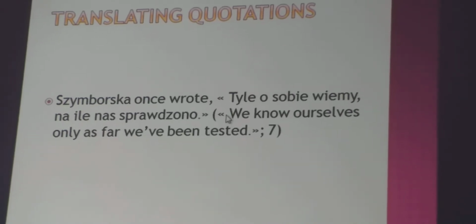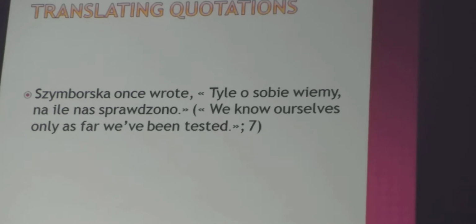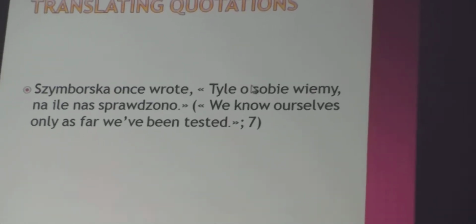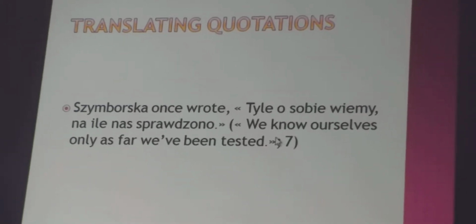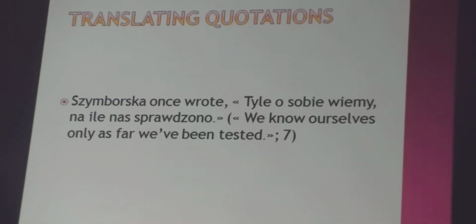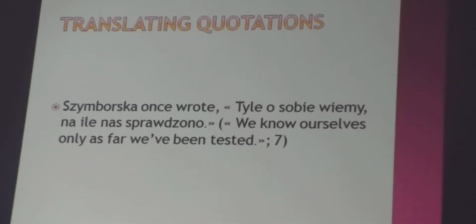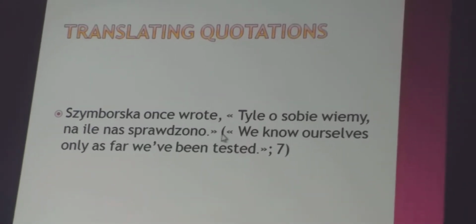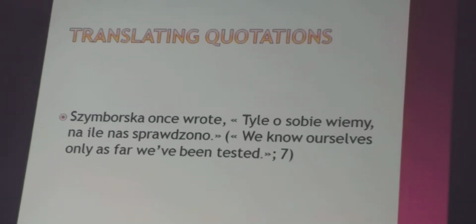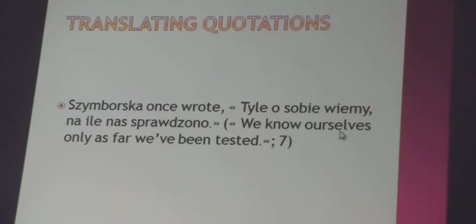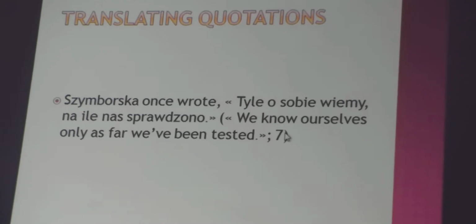So this is in APA, and in MLA we know that you have to count lines in both the original language and the target language. After the foreign language quotation, place the English translation of the quotation in square brackets or in parentheses. Then add the citation for the quotation, and this is the citation. It means that you add just the page number in here since it is MLA.